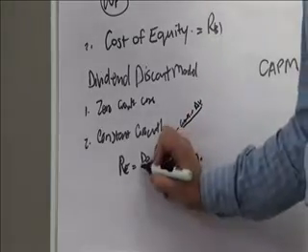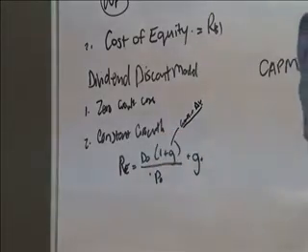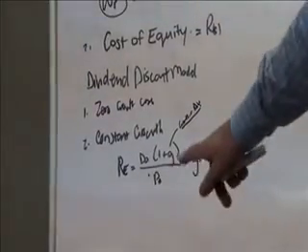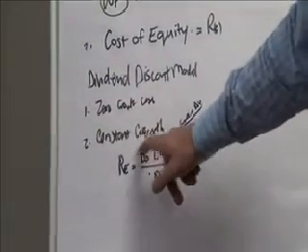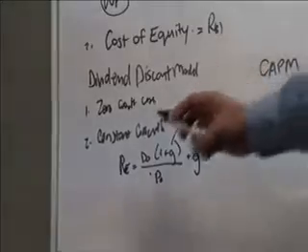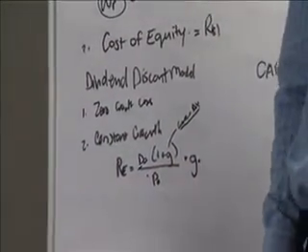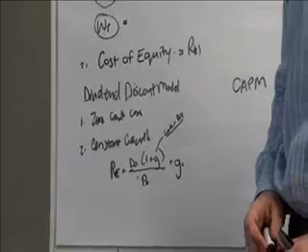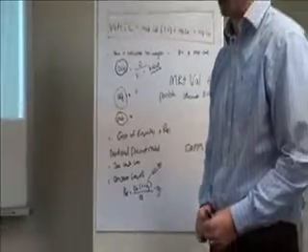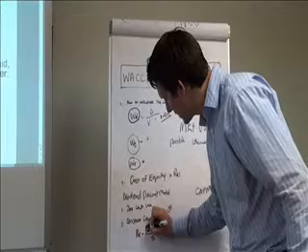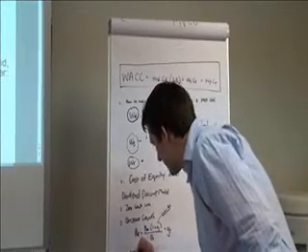Another thing they may say is, we've got a payout ratio of 50%. And so to get this dividends figure, they may not just say to you, dividend is R1.20 a share. There's a couple of ways they could do it. But the key to remember is what you're trying to get. You're trying to get to that dividends figure. So one common way is to say, the payout ratio